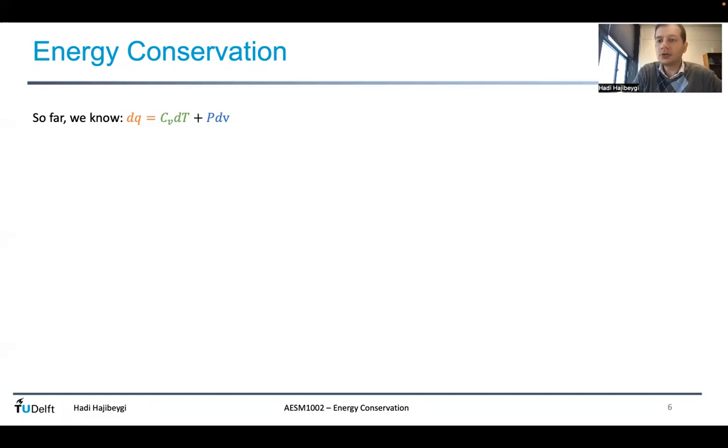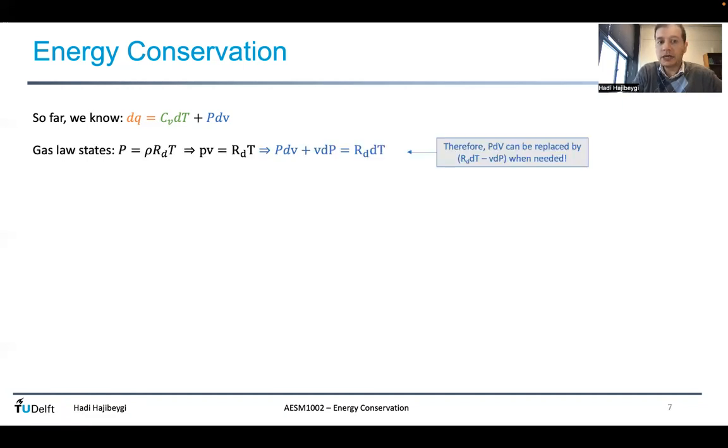Okay, now let's consider two different cases. One case would be constant volume change, another would be constant pressure change. In order to do both of them well, let's look into the gas law before we start doing those two cases. Gas law says the pressure is equal to rho R T, so remember PV is nRT, so you write it per mass, basically. So you would get P is rho. Imagine this is n divided by volume.